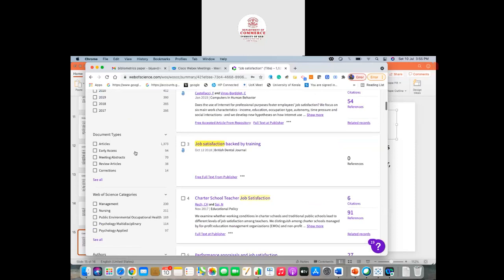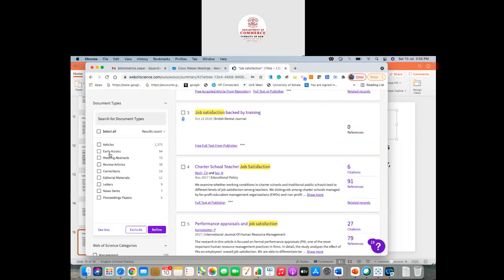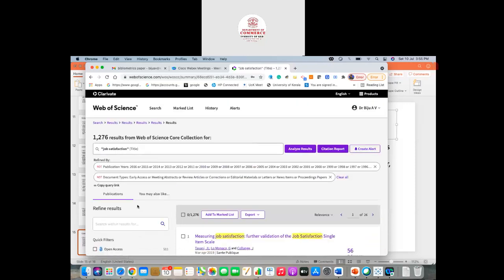Then, if you want only articles, you just select them. The others, such as correction letters, book reviews, and proceedings papers, if you do not want them, you can simply exclude them. Then the data has been reduced to